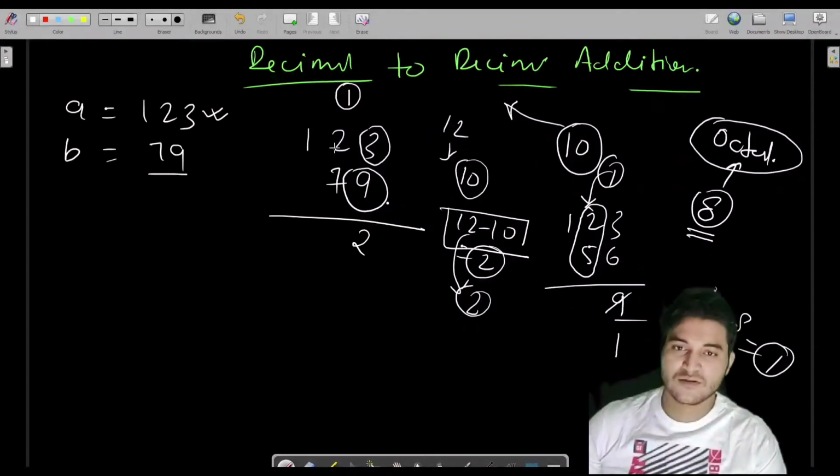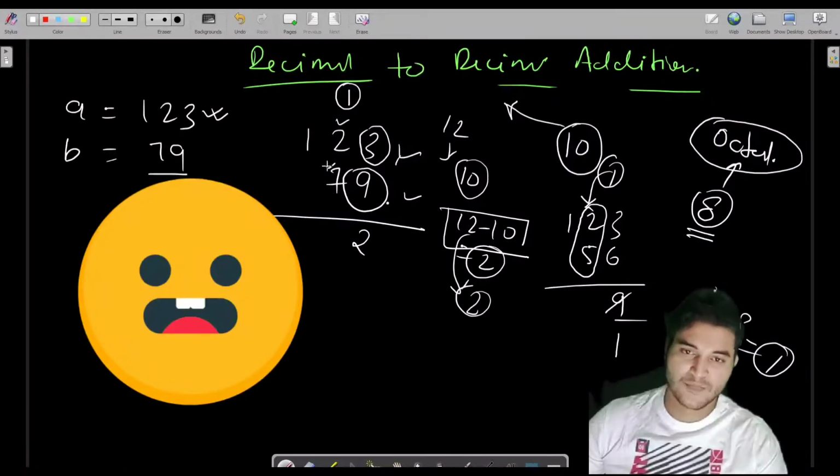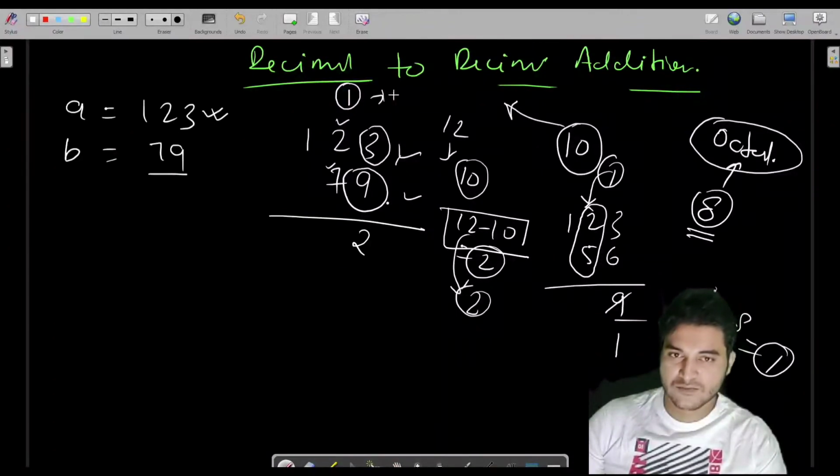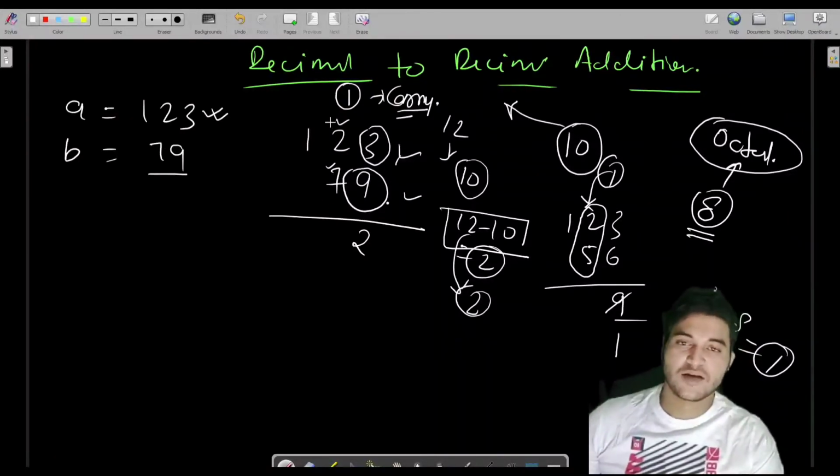Fine. So now we are done with these two digits. We have to worry about these two digits now. So 7 plus 2 is 9, and 9 plus 1, we have the carry from the previous result, so we add the carry here also. 9 plus 1 is 10.